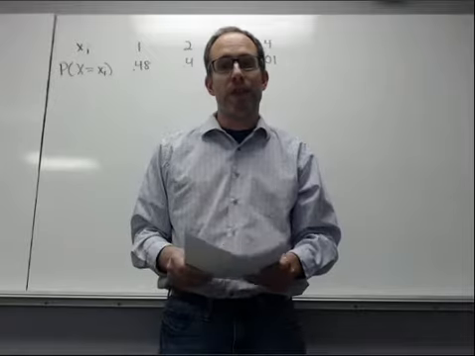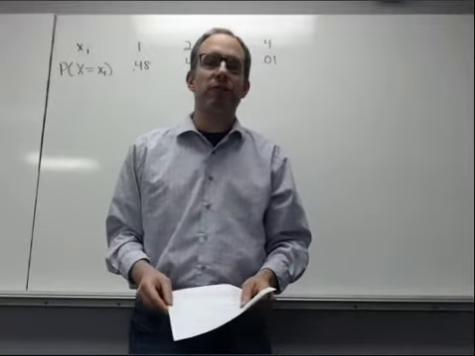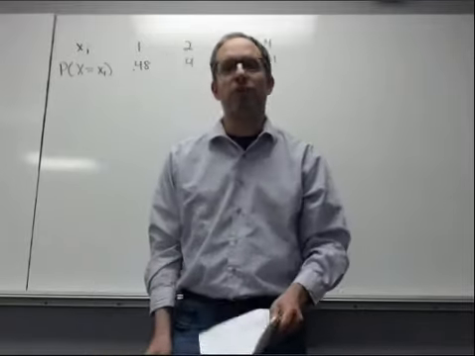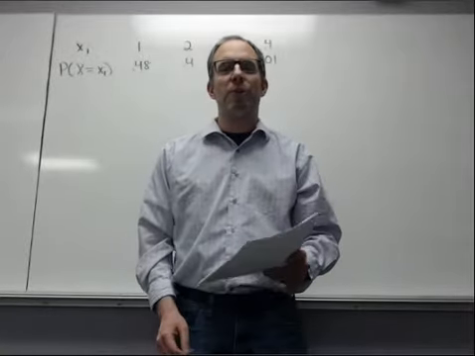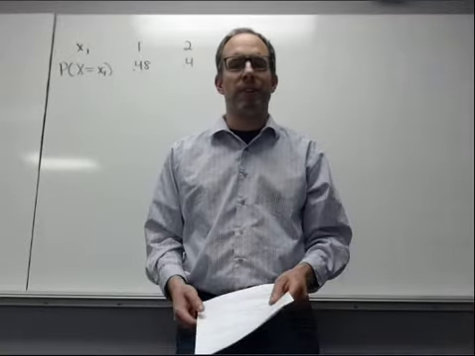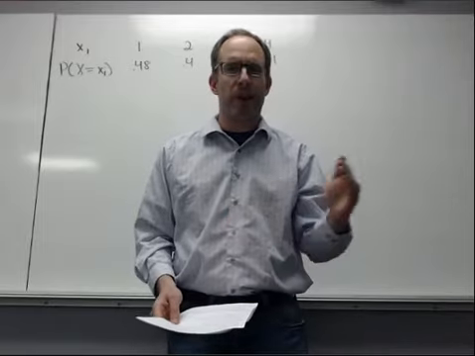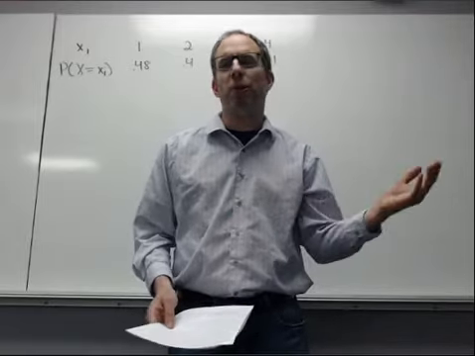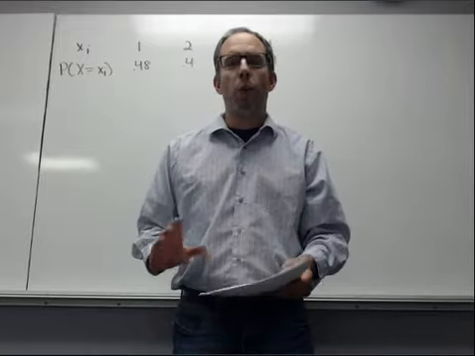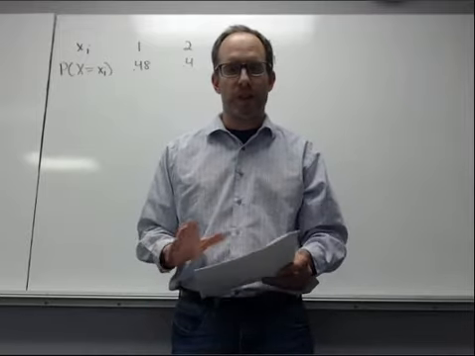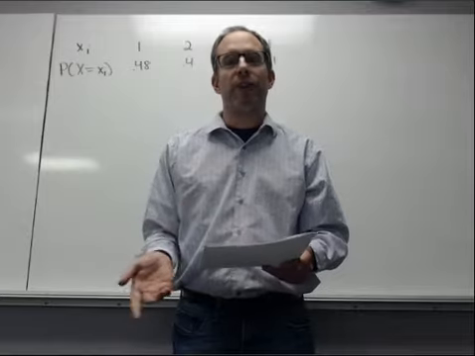As far as how many possible values there can be, you could have a discrete variable with a finite number of possible values, but you could also have a discrete variable with a countably infinite number of possible values, which just means that you could enumerate them. You could figure out what the next possible one would be, but then there would be no upper bound. We're going to focus on ones that have a finite number of possible